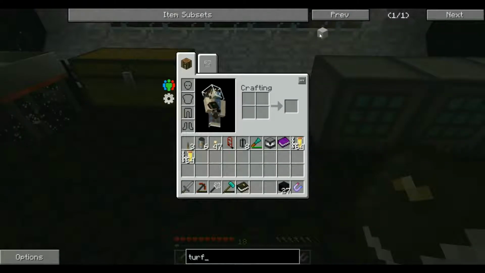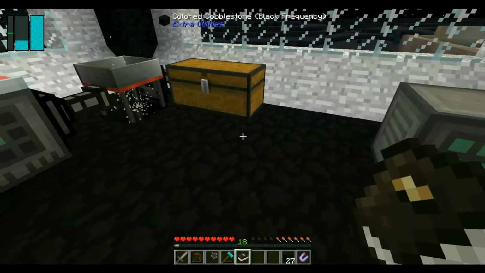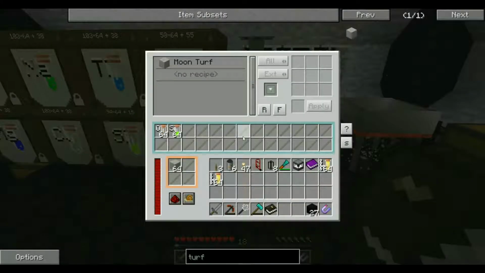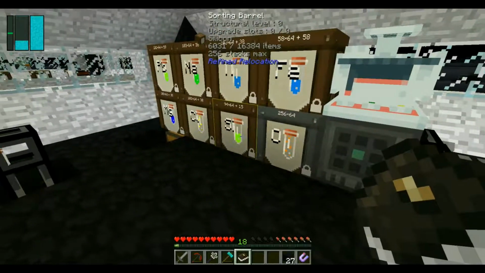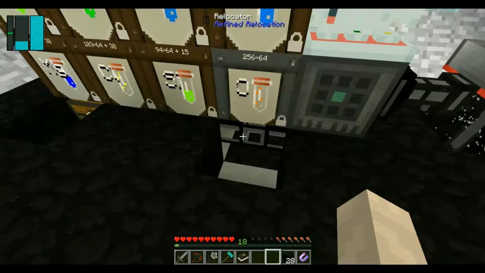Turf. Just in a crafting window. So 1 silicon, 3 oxygen, just in a crafting window, and it makes turf. And I happen to have a crafter tier 1 left over from a quest that I did. So we've got oxygen and silicon just being fed in here. I'm extracting from the bottom of here with, I think I'm using these things, the relocators,